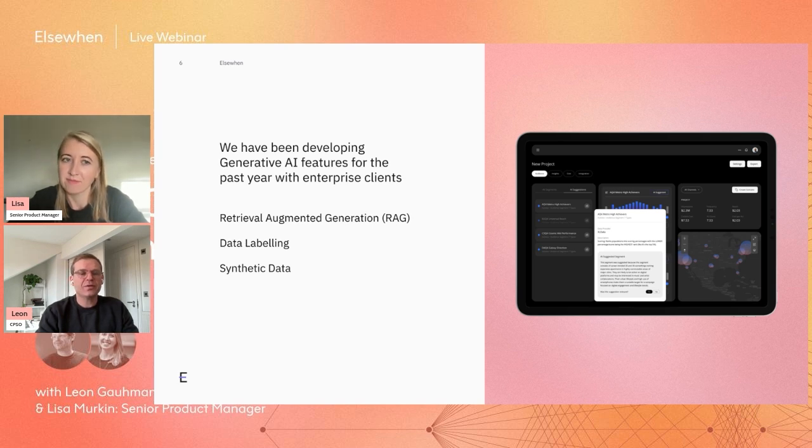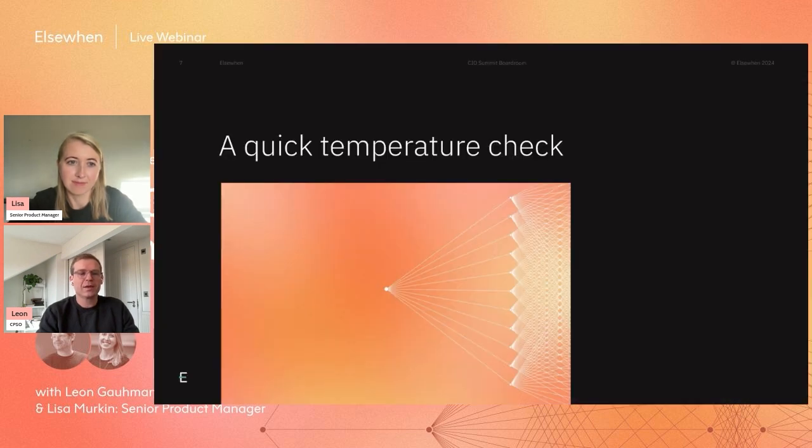Particularly, we've been focusing this year on retrieval augmented generation, RAG, data labeling, and synthetic data. These are use cases that we today execute in production for our clients. And we've done this talk previously in a couple of events this year: Chief Disruptor Live and CIO Summit, our own Rebase